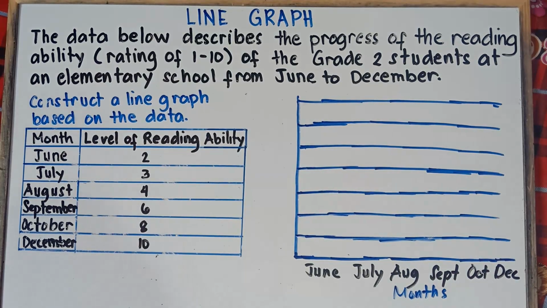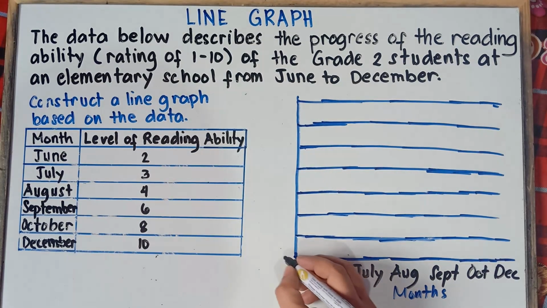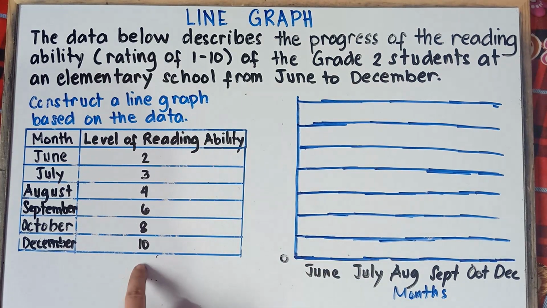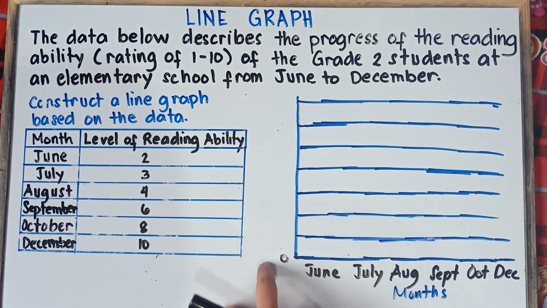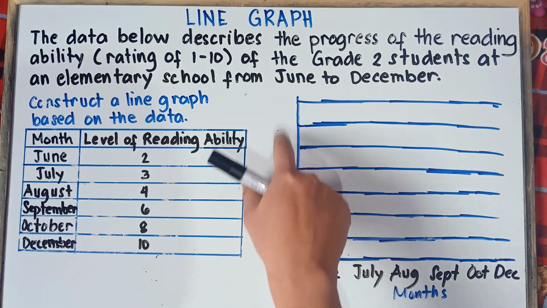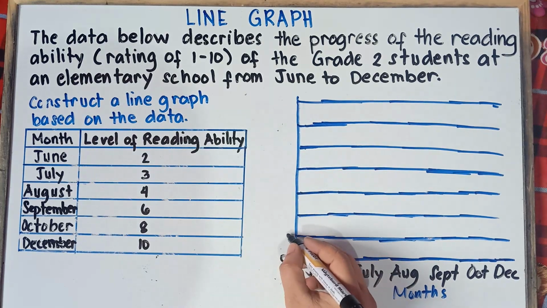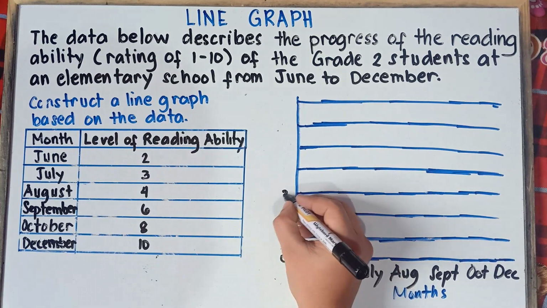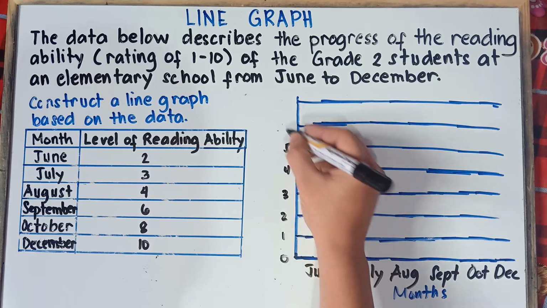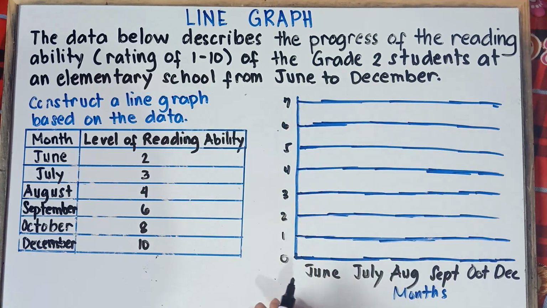And then you can write down the frequencies. You start at 0. Then you check the greatest number of frequency, which is 10. So we can write 0 to 10, but on my end, class, we don't have enough space to write 0, 1, 2, 3, 4, 5, 6, 7, 8, 9, and then 10. Let's check: 0, 1, 2, 3, 4, 5, 6, and then 7. We don't have enough space to write 0, 1, 2, 3, 4 up to 10.